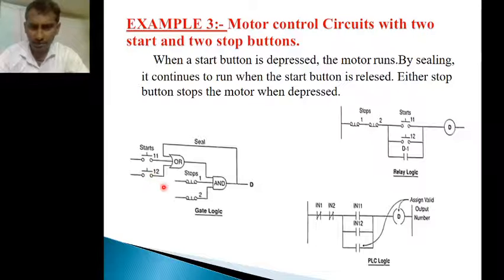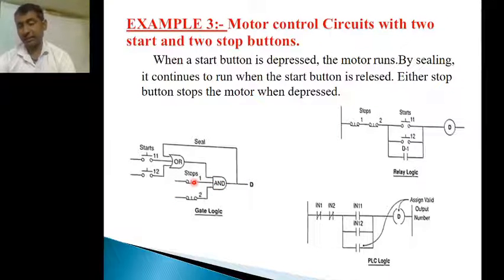So here we have the I1 switch and I2 switch. Any one of them means we can go for the OR gate. So we can represent the I1 input and I2 input and the seal circuit D1 with an OR gate. And here we can represent the AND gate, but with reversed inputs. That means normally closed contacts here, not normally open contacts. So we represent the AND gate, but with normally closed contacts, that means push button switches. So the logic diagram representation is an OR gate and an AND gate with normally closed contacts.